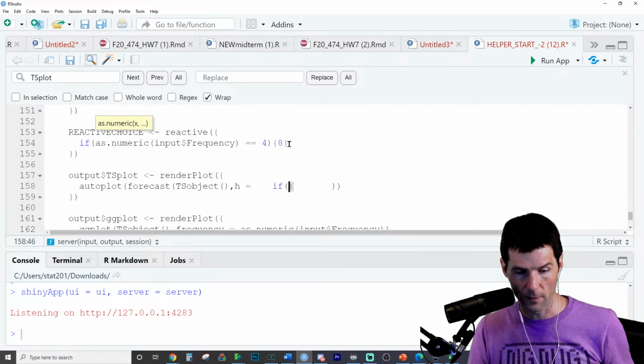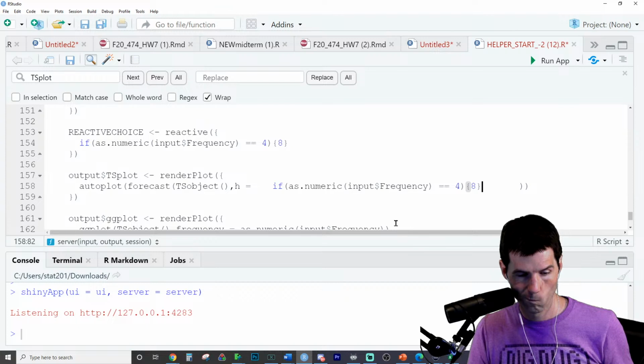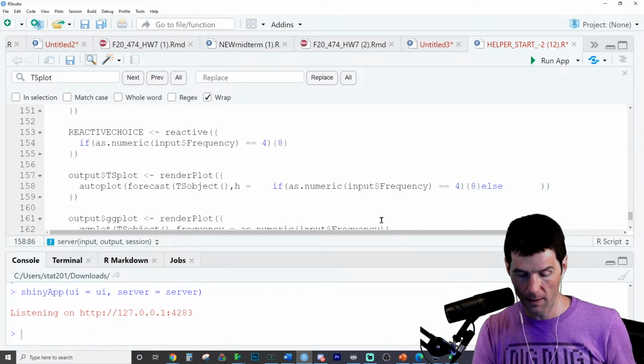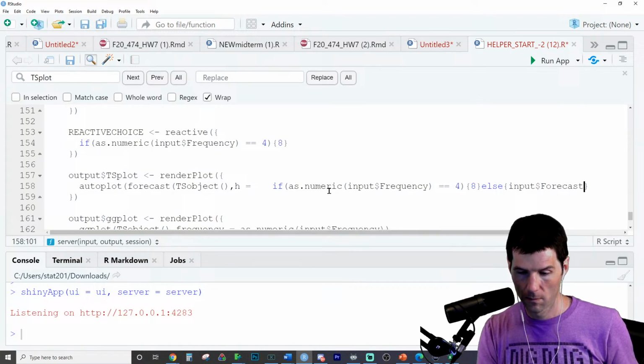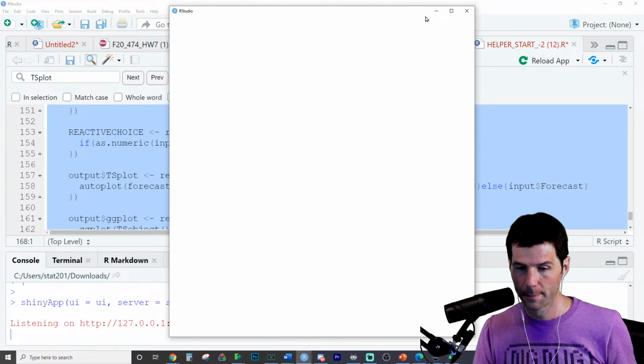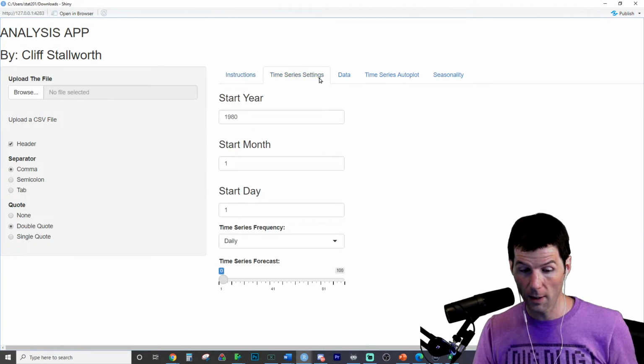Well, we just put this right here then, right? That'll be interesting. This is a bad idea. Was it forecast? It's a bad idea. Didn't crash it.